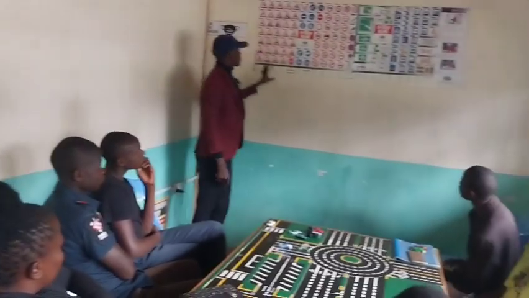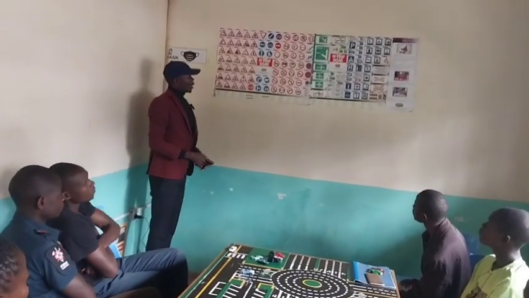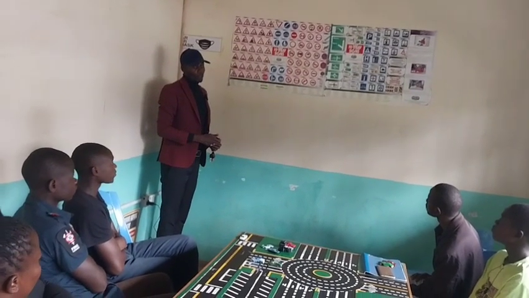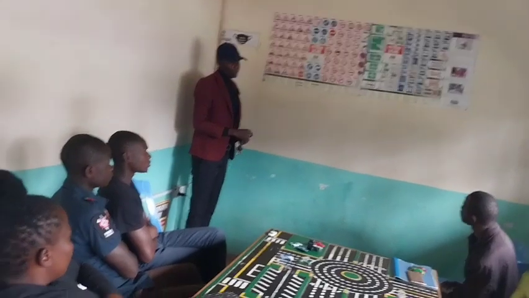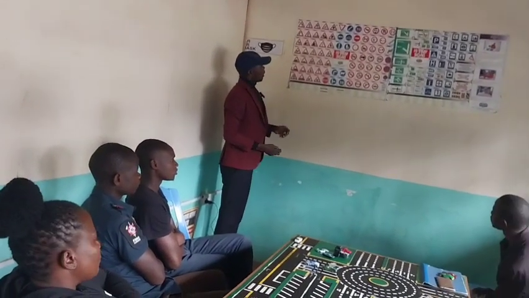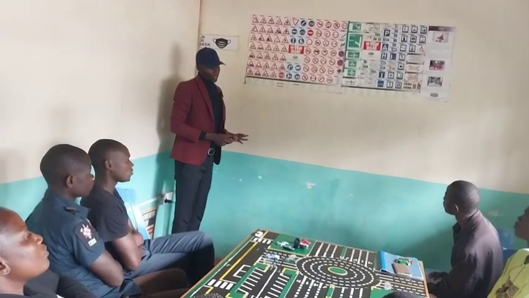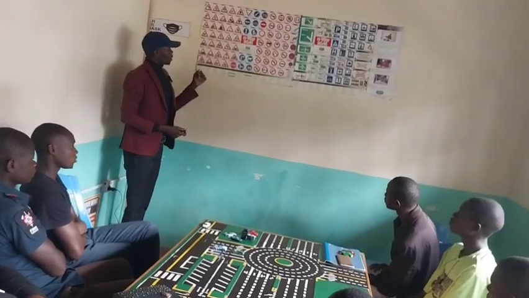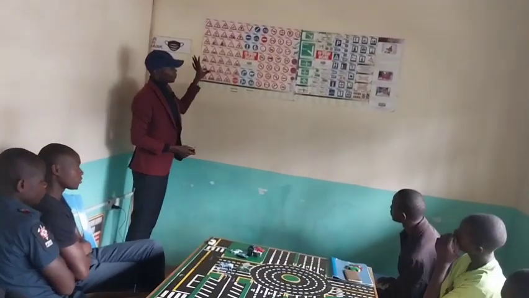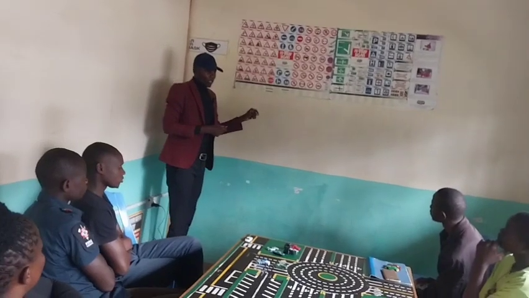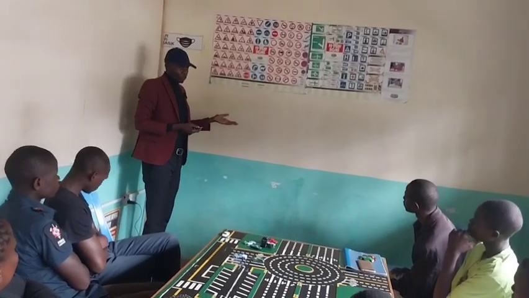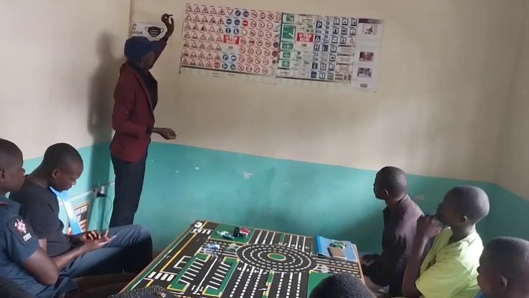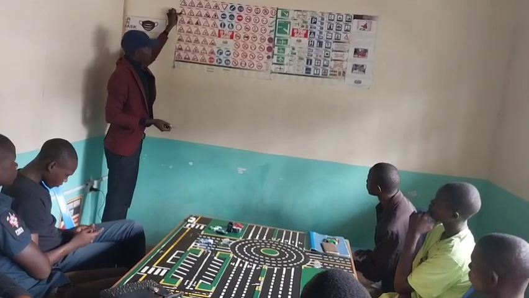So when we come to class B, which are warning signs, these are a group of signs that give information and at the same time they warn, or you can call them cautionary signs. So they are red in color, triangular in shape with apex facing upward. So this is how you can describe them. Are we together? So anytime you are talking about warning signs, you must mention ahead because they are ahead of you. Are we together? So this one is sharp bend to the left ahead, sharp bend to the right ahead,